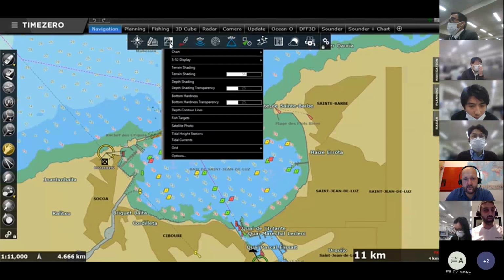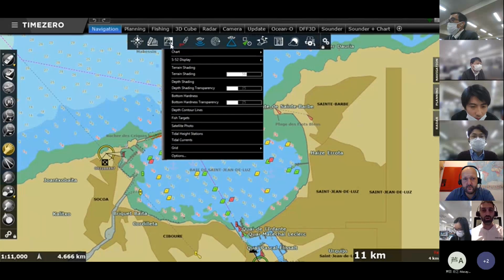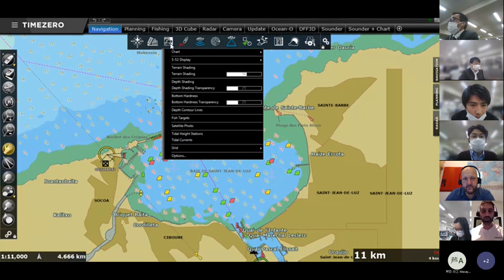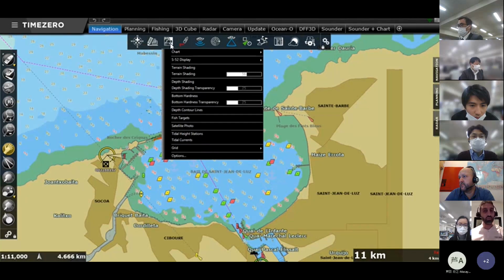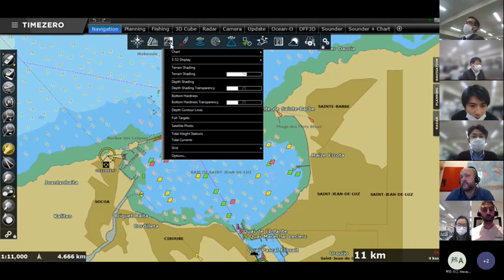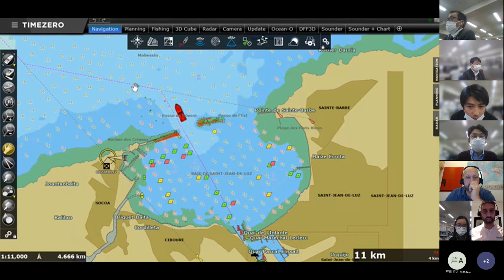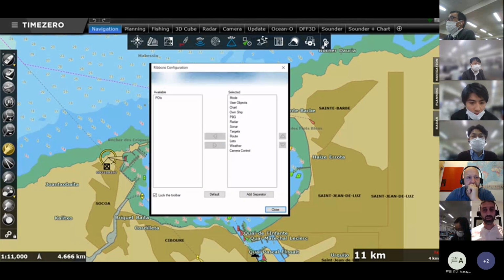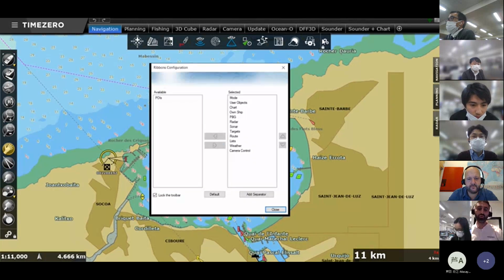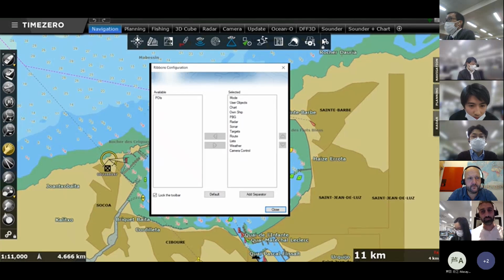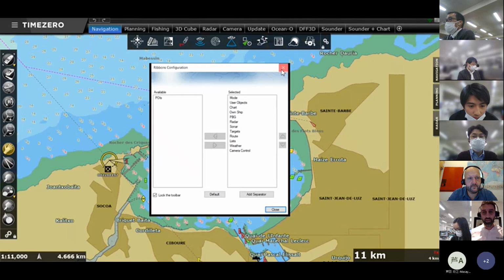This way you can add many types of layers: weather layer, radar overlay, tides, currents. Basically, using this ribbon, you will be able to add or hide a layer of data on top of the chart. Again, this is also fully customizable. There is a button here that allows you to remove or add specific layers.